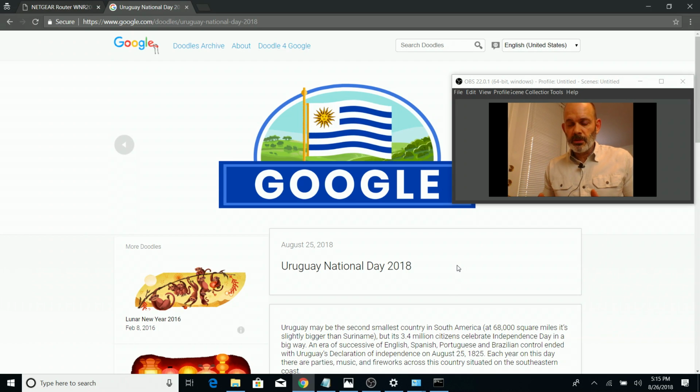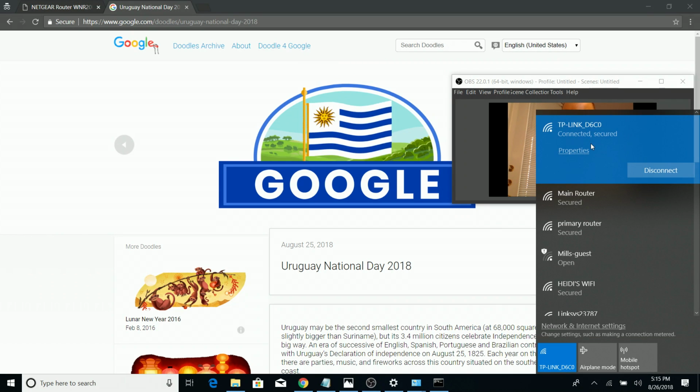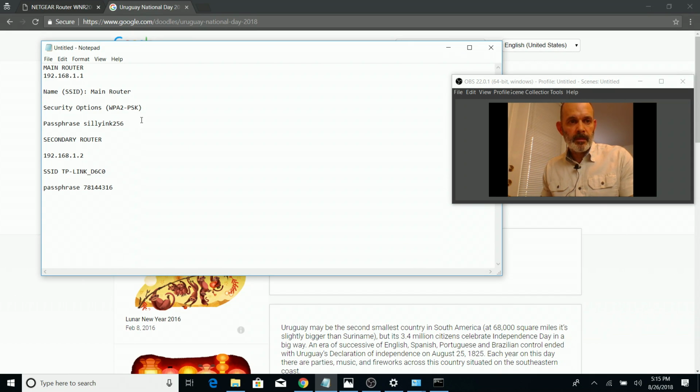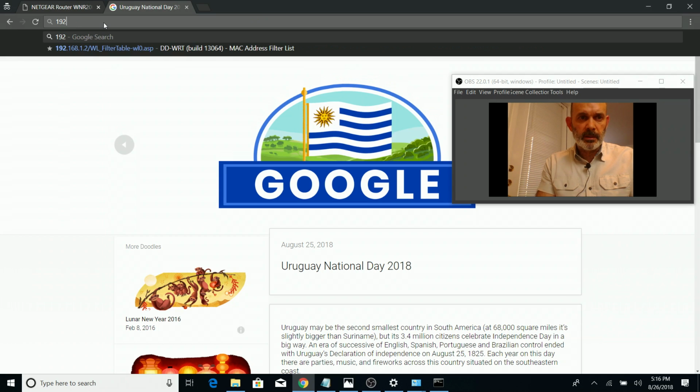So that's how you bridge two routers together to share the internet. Right now we're connected to the secondary router. We can choose to connect to the main router, but basically at this point we're done, right? So remember, keep notes, keep everything organized. Certainly write down your information for your routers, like the main router and the secondary router, so you know where everything is. The SSID and the passphrase for both of them, so that you know how to log into them. And once you've got the WDS connected correctly and your router says run, like this one does,